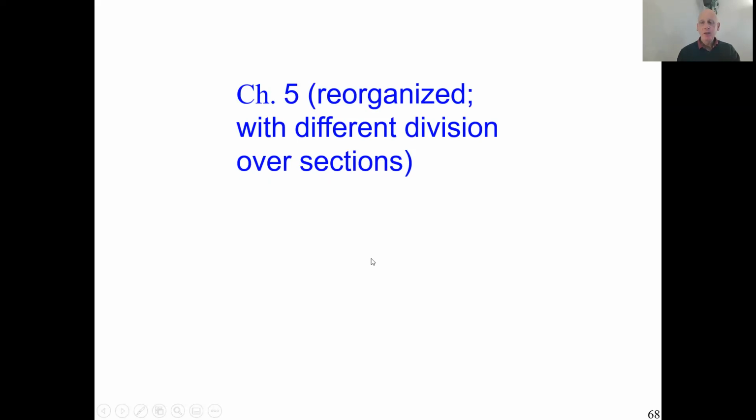So I now start with presenting chapter 5, and that will be the beginning of the behavioral part of this course. In this chapter, the first behavioral theory will be presented to you. In the presentation, the organization of sections will be a bit different than the book. Writing and speaking sometimes better are done differently. So the sections that I use here do not exactly correspond with the sections in the book, but so be